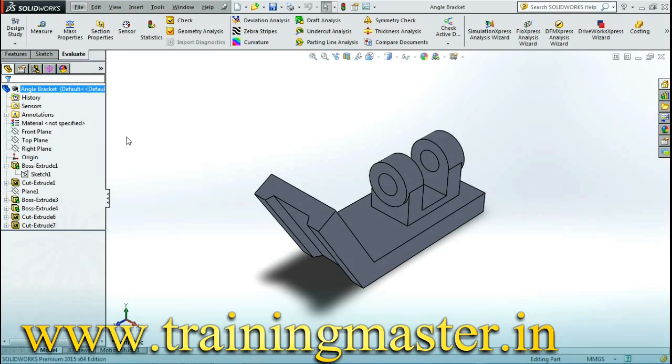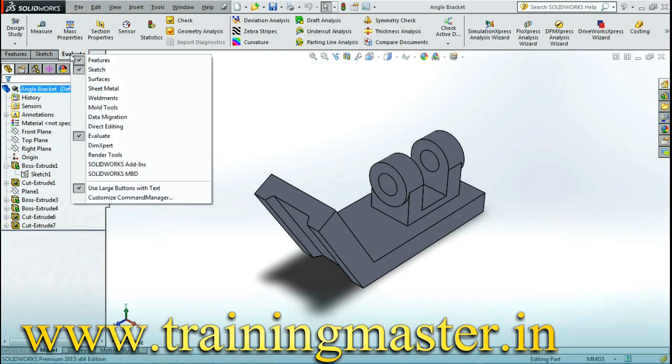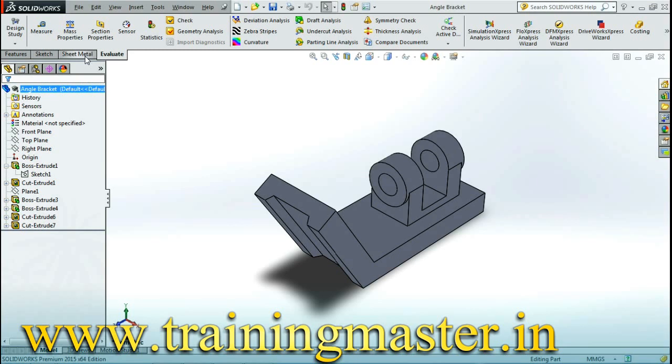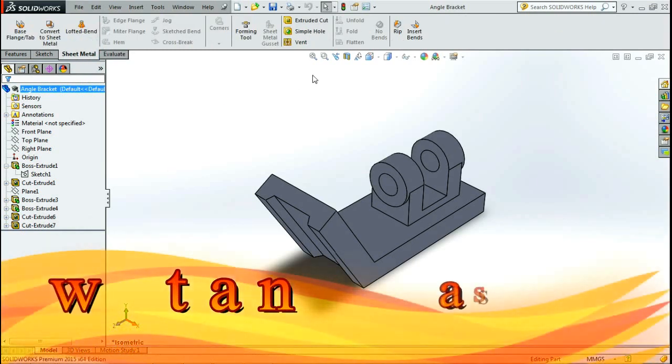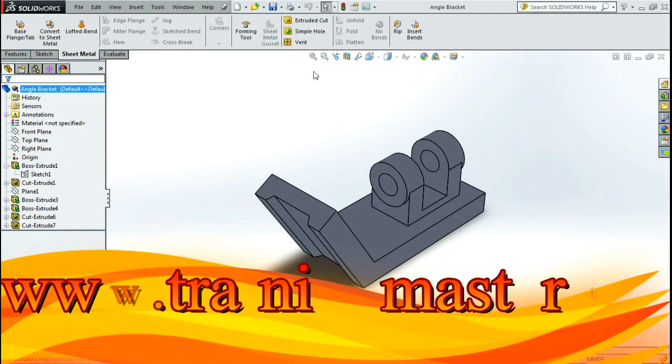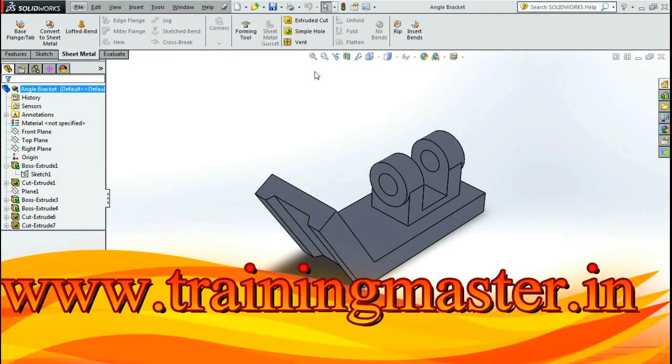For example, if I right mouse click on Evaluate and select the Sheet Metal ribbon, the Sheet Metal ribbon opens up.